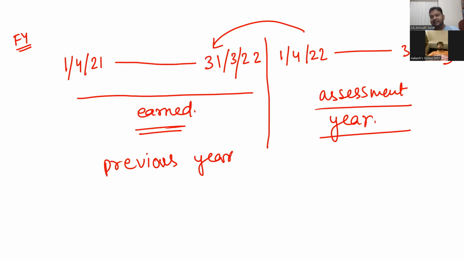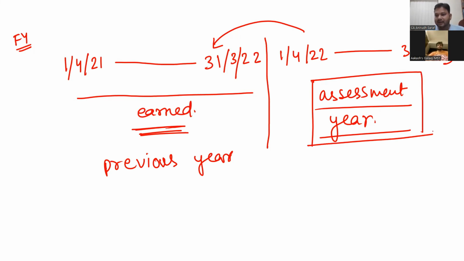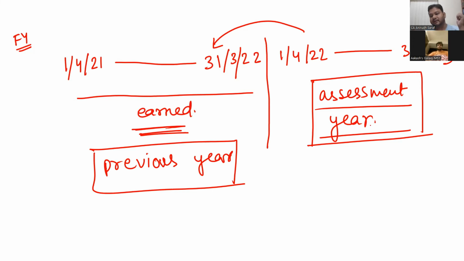These are two definitions that are there. I will show you the legal definition, but understand the meaning. When you earn any income, the assessment of tax, calculation of tax, payment of tax on that happens in the next year. So that next year is when the assessment is done, so it is called the assessment year. And the income you're doing assessment for was earned in the previous financial year. So this is called the previous year, and this is called the assessment year. Or you can say the current year also.